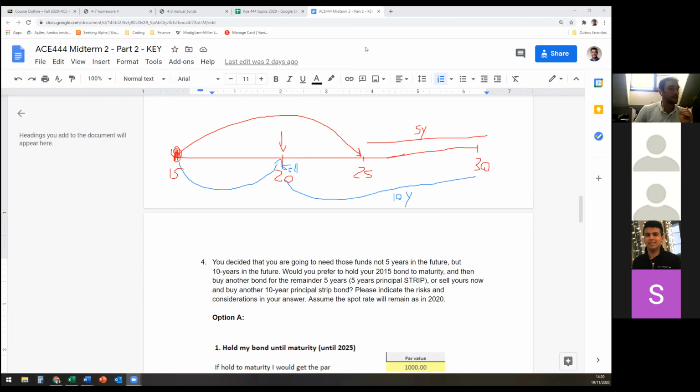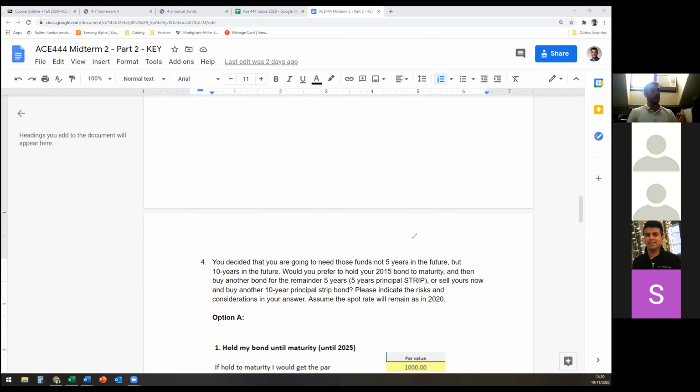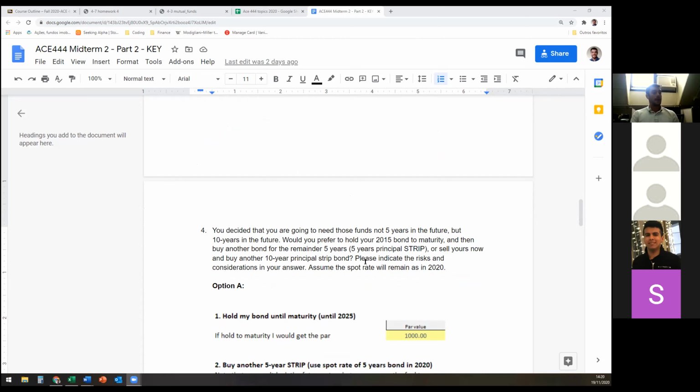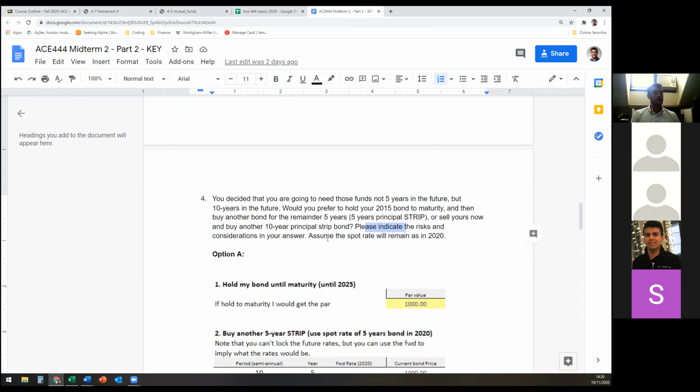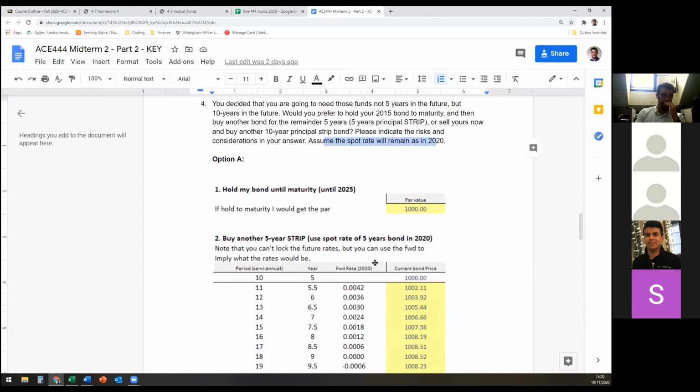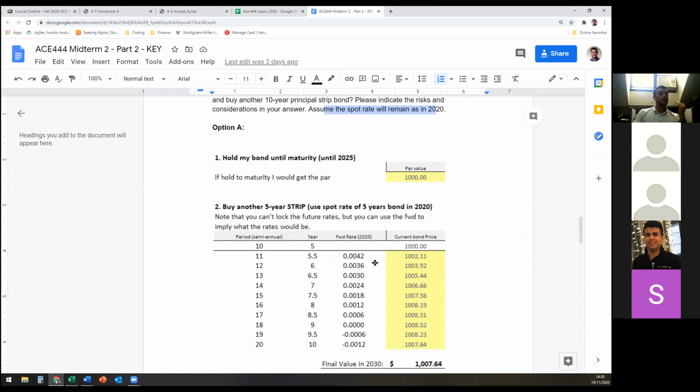So just clear that. That was the problem, right? And we asked you to evaluate that and which one do you prefer, and indicate the risks and considerations in your answer, okay? Assuming that the spot rate will remain the same as 2020. So let's go with option A. You're gonna wait and hold your bond